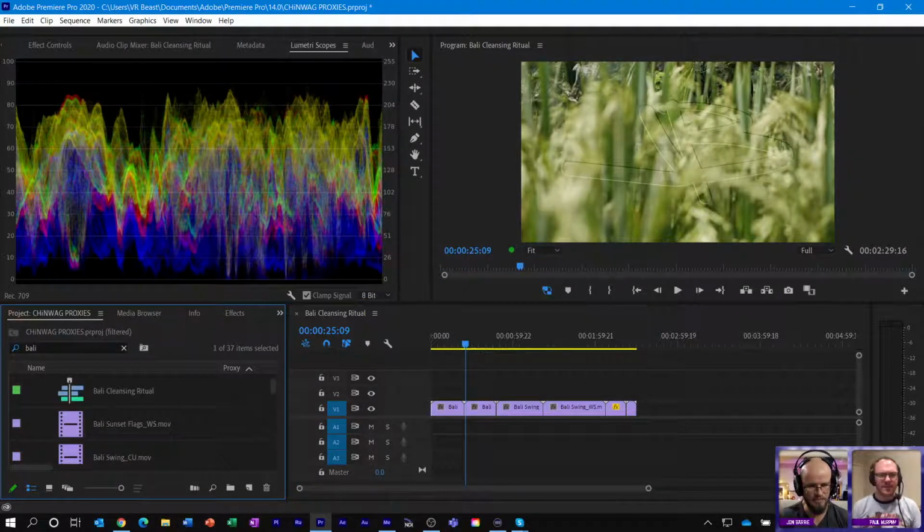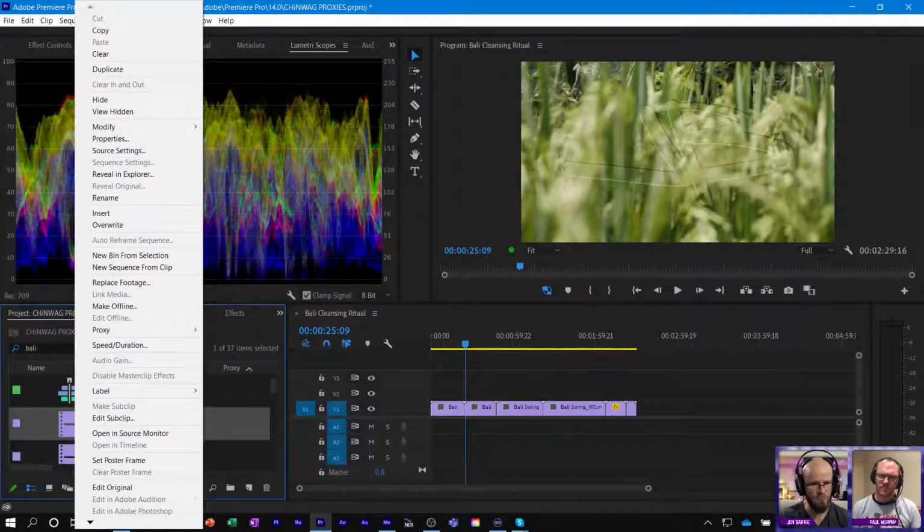I want to make some proxies. Well, let's make some. All right, let's make sure. And how do we make sure? Proxies, empty, so this doesn't have one. So if I right-click on one,